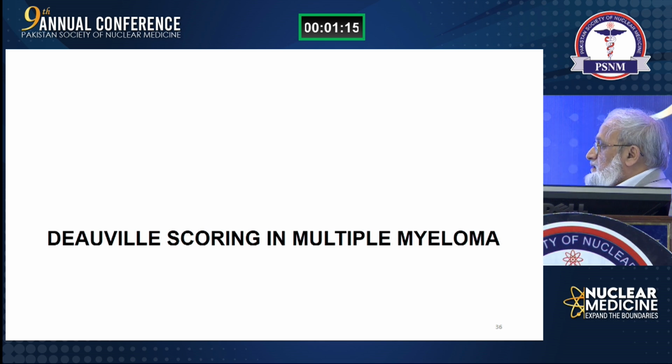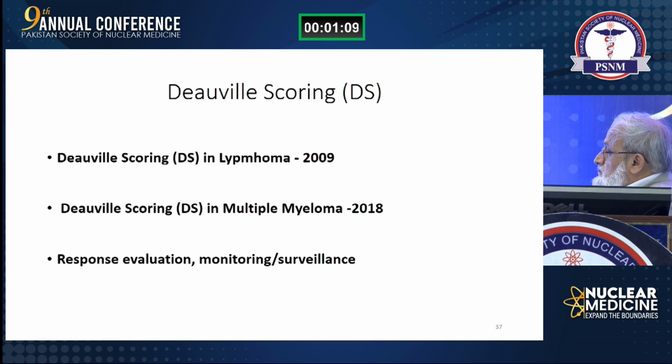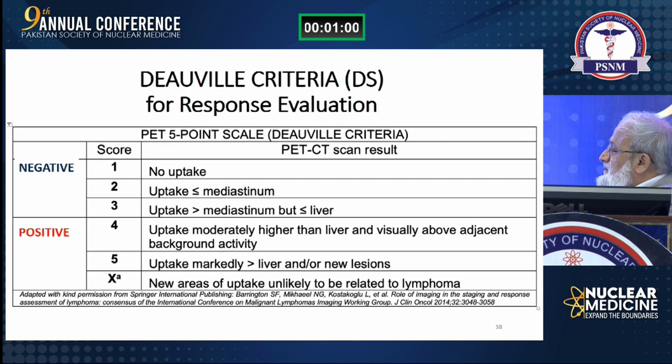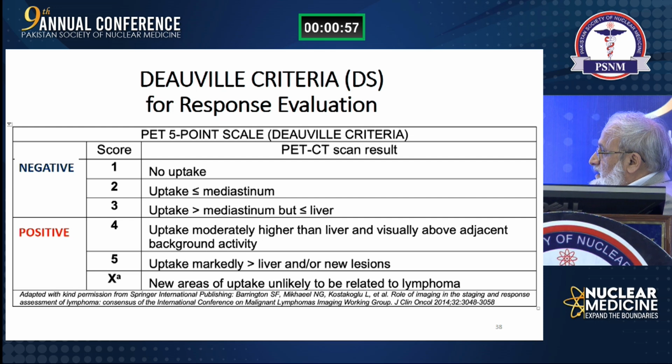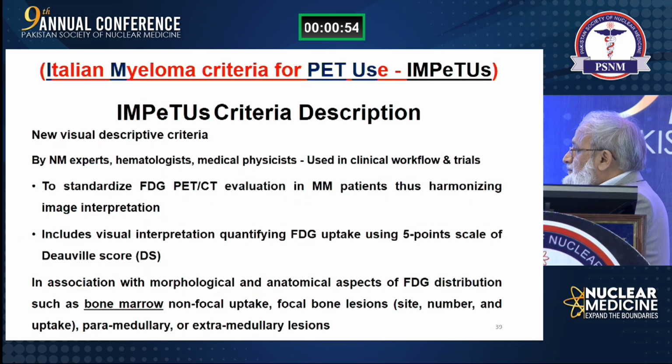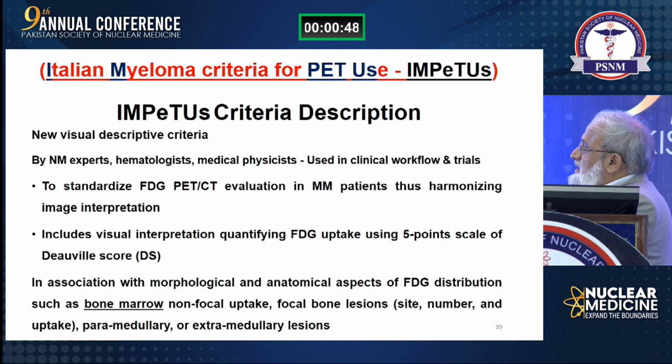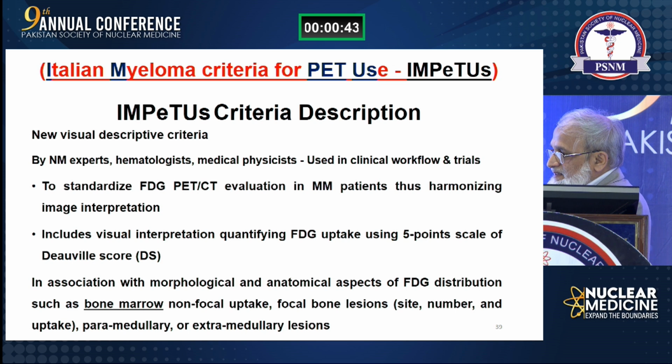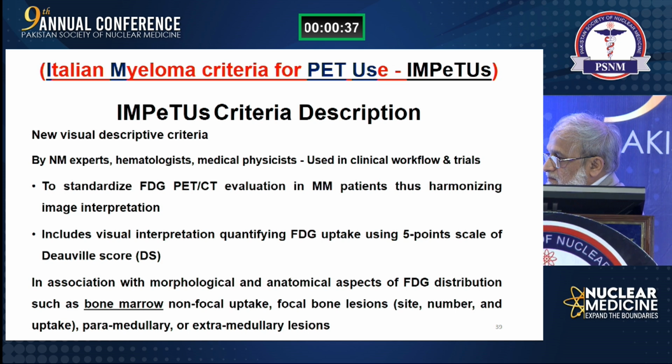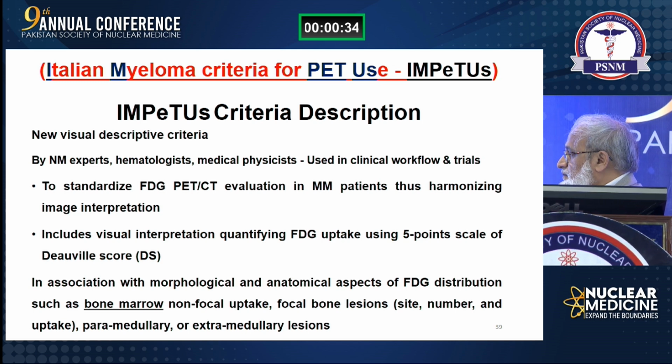Deauville criteria and their modifications have been utilized in multiple myeloma as well. In 2018, it was first introduced in Italian studies for response evaluation, monitoring and surveillance. Again, same criteria, uptake less than liver or more than liver. These are called IMPeTUs criteria, Italian Myeloma criteria for PET Use in multiple myeloma. Although it's not exactly a solid tumor, for plasmacytomas, like the sequel of multiple myeloma, the Deauville criteria can be used for